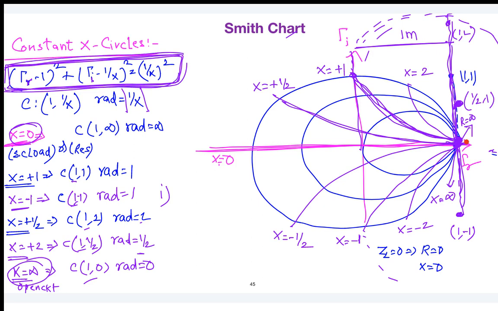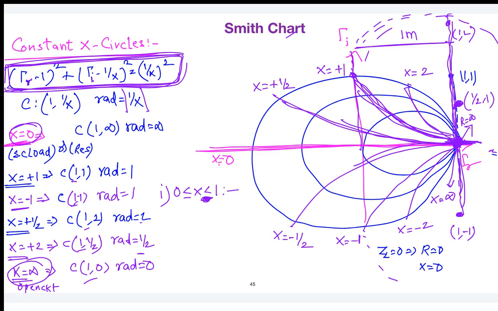Next, even this family of circles are also passing through 1 comma 0. Whatever circle you take, all will pass through 1 comma 0, so they have a common tangent at 1 comma 0. Next point, it's a very important point you have to assume. If the value of x lies between 0 and 1,